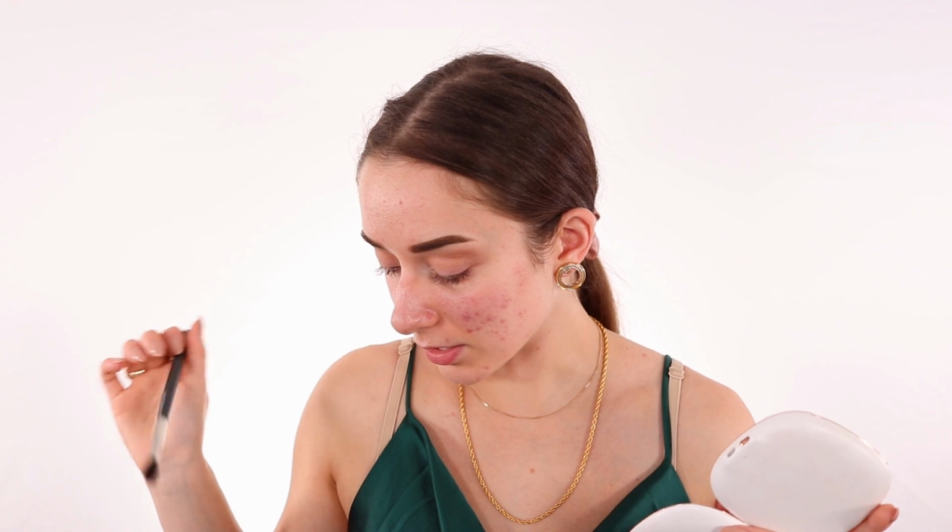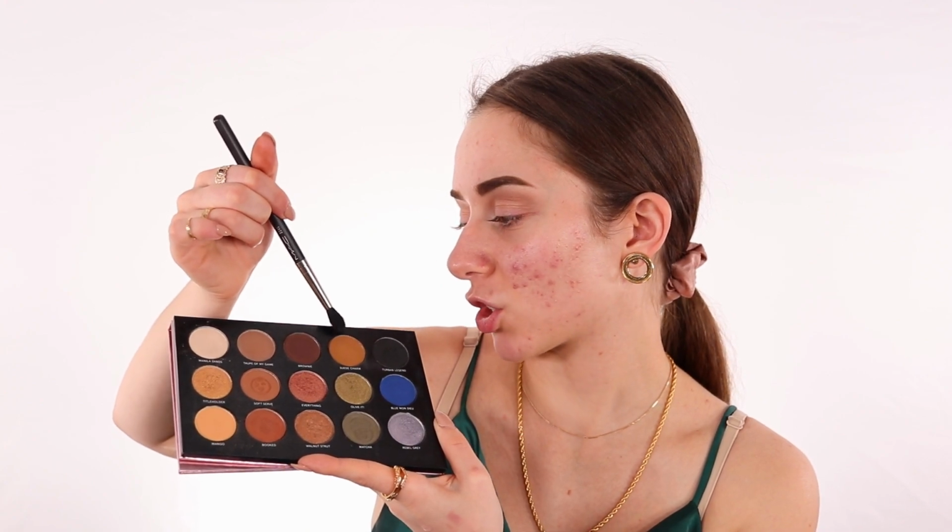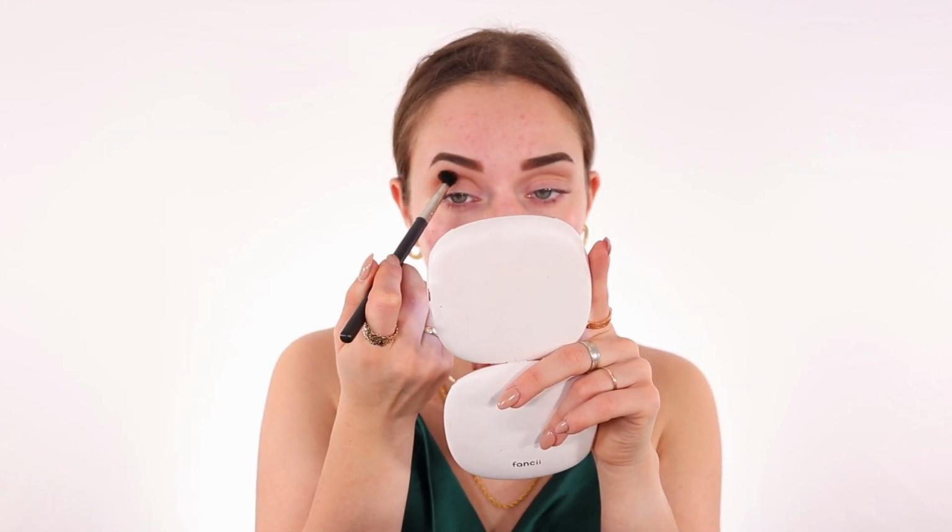This is cute. Okay, so the shade, I want to add a little bit of warmth because I'm gonna have a lot of warmth on my skin. I was thinking of going maybe into either Suede Charm or Soft Serve. Soft Serve is a bit more brownish. I love this shade so much, but if I go towards this, I don't know what's gonna happen. So, maybe I should go towards this. This is more red. This is less red. We're gonna go with Suede Charm, and then going on top of the color that we just put to intensify